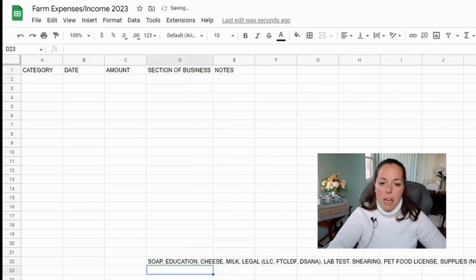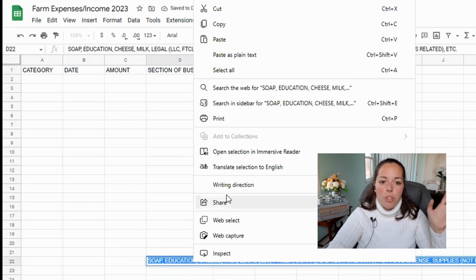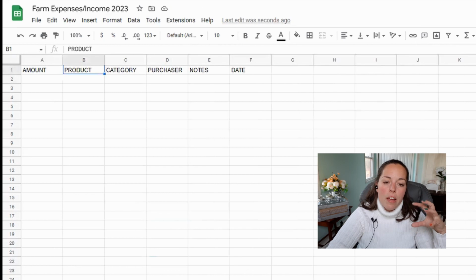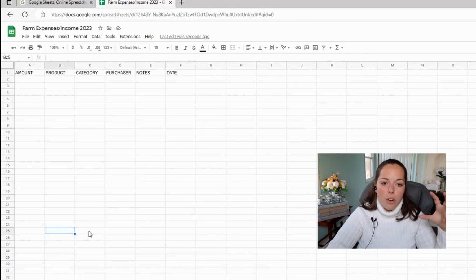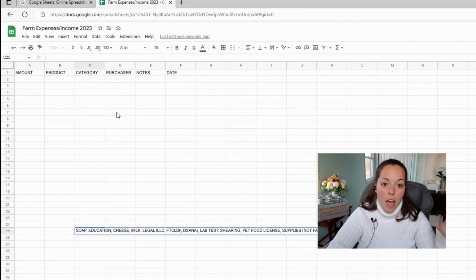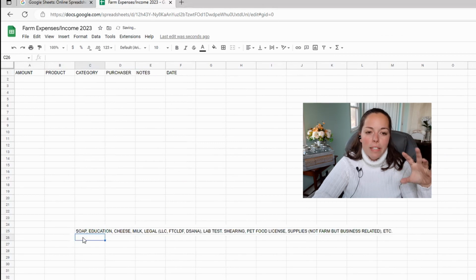So I copied and pasted the other categories so that I knew kind of what I had originally thought of category-wise for the other tab. So I just copied and pasted. The legal wouldn't really be representative in the income section, and so that probably needs to be deleted. But the rest of the stuff works here